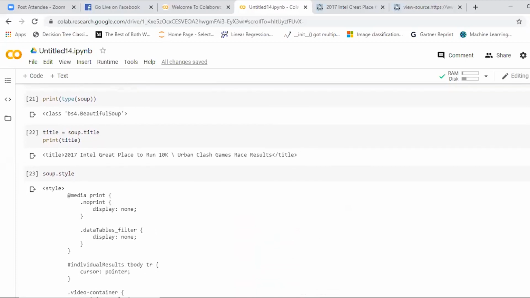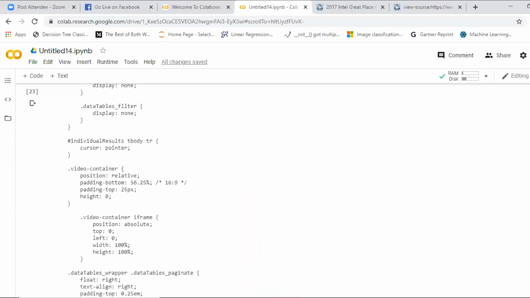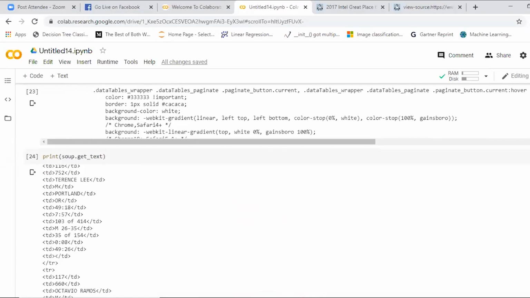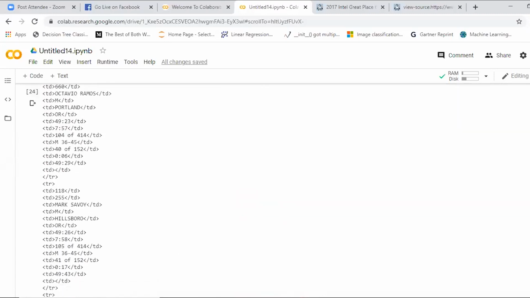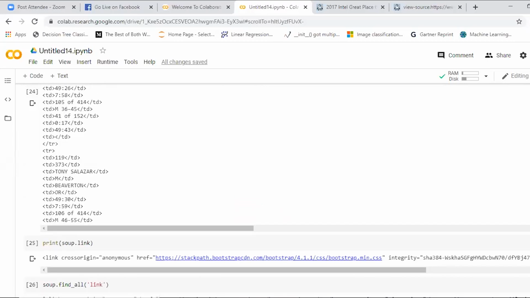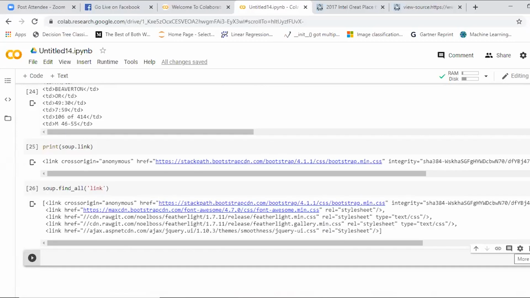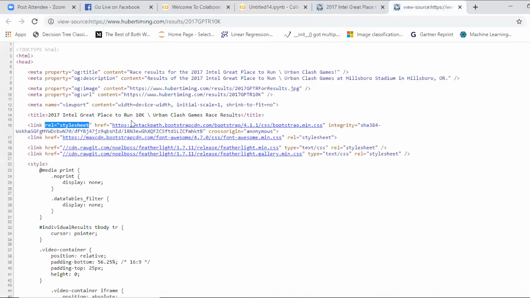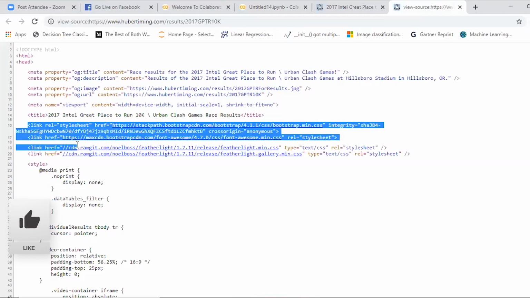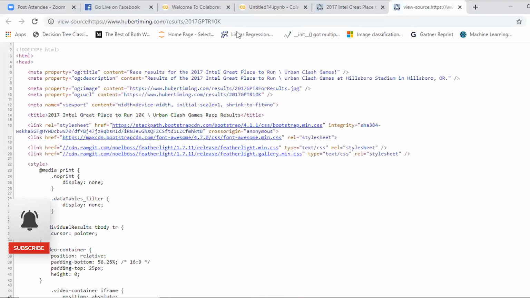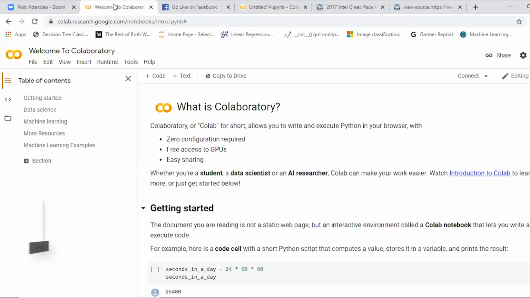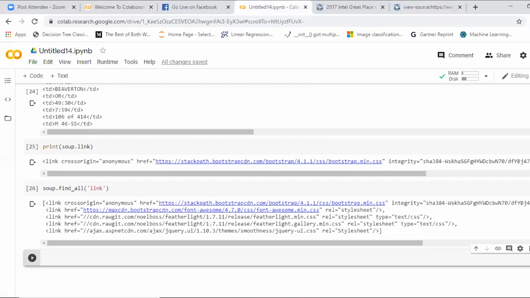First, we have seen the title. Then we have seen the styling of it. Then we have seen the text out of it, each table headers, table rows, table cells. Then we are seeing the links, right? This link gave each and every link. You can inspect the page source. See, these are all the links we got because I gave find all of all the links. Yes, is that clear? Did you get all the links by giving find all? Yep. So let's go for the next thing.